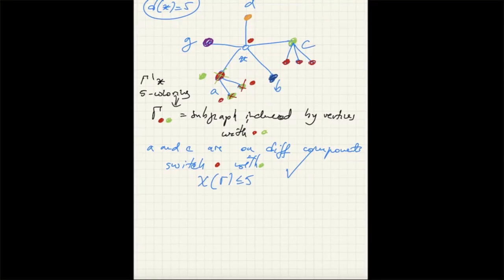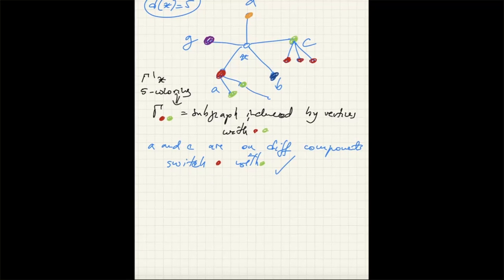Okay, now what if that doesn't happen? So what does that mean? Well, in that case, it means that there is a path that alternates these colors, like the one that I draw here, that goes between A and C, and we cannot switch the colors. So in that case, what do we do? Well, we look. So otherwise, if A and C are on the same component,